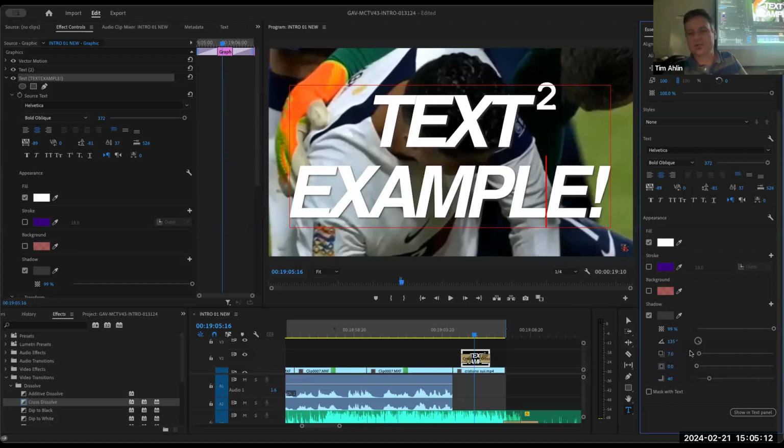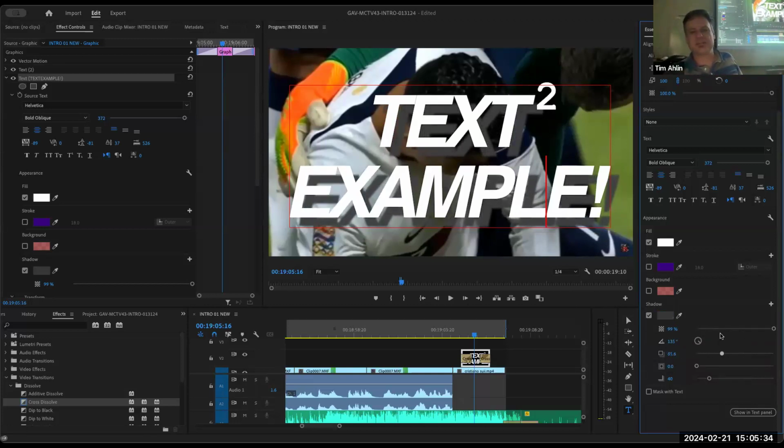Notably, we're not seeing much of it, it's super close. But right here, this one is distance. So we're 7 pixels away. When I move it, we can for sure see it. And at 0, we can't really see it because the shadow is behind.